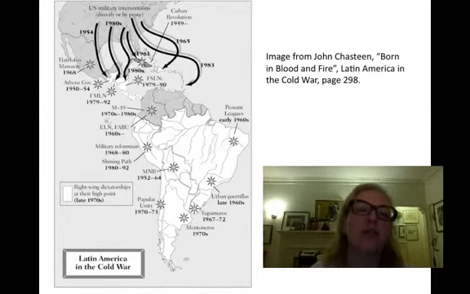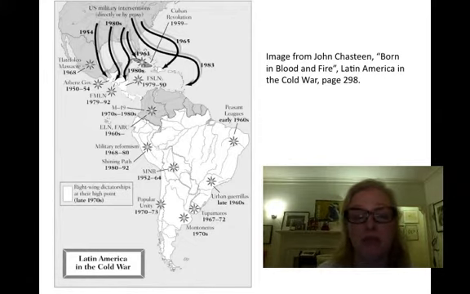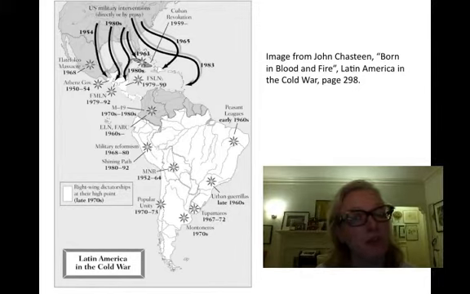This is a really useful map as we talk about revolutions and military regimes in the Americas, as you wrap your brain around the implications of the U.S. involvement or U.S. interest in Latin America and the way in which Latin American countries accommodated those interests. This map helps you have a regional perspective over it. It can get kind of confusing sometimes, and I'd like you not to be confused. So avail yourselves of this map as much as possible.